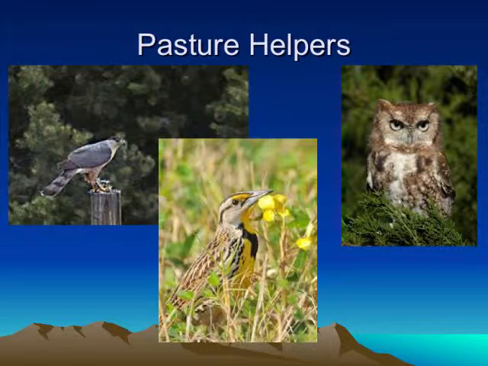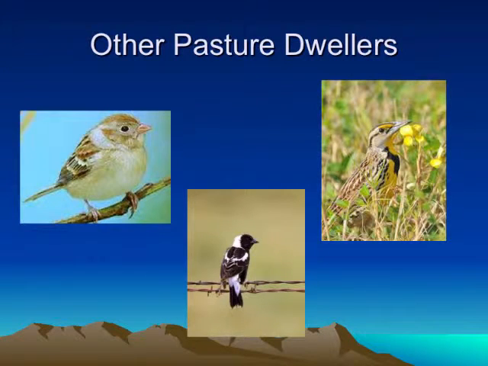Took it down to about 2 to 3 inches just to make that banquet available to these critters. And I had a nice wood line around there, and I know the screech owl was there, and I know the hawk was out there, and they cleaned up the rodents for me. The meadowlark, of course, is good for the insects. We have a number of other pasture dwellers out there. You won't have the bobolink here, but